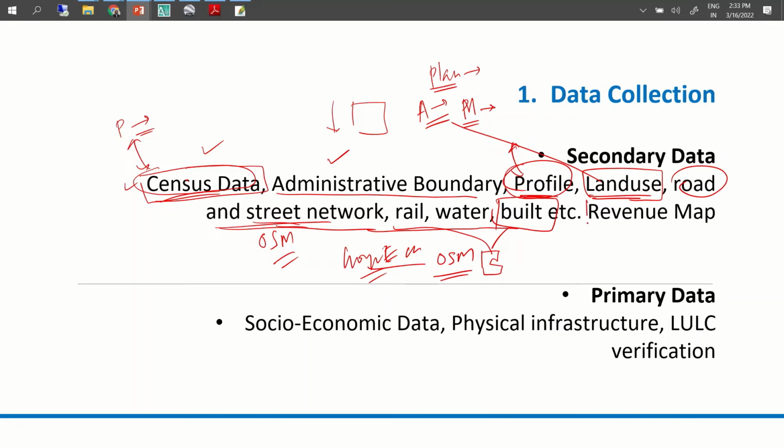In addition to that, I was also suggesting that we should get hold of the revenue map. This is again a map, and you can get it in Chennai itself. This again will help in getting the boundary and also information on the parcels, specific information on the parcel of land, what it is assigned for and how it is being used.